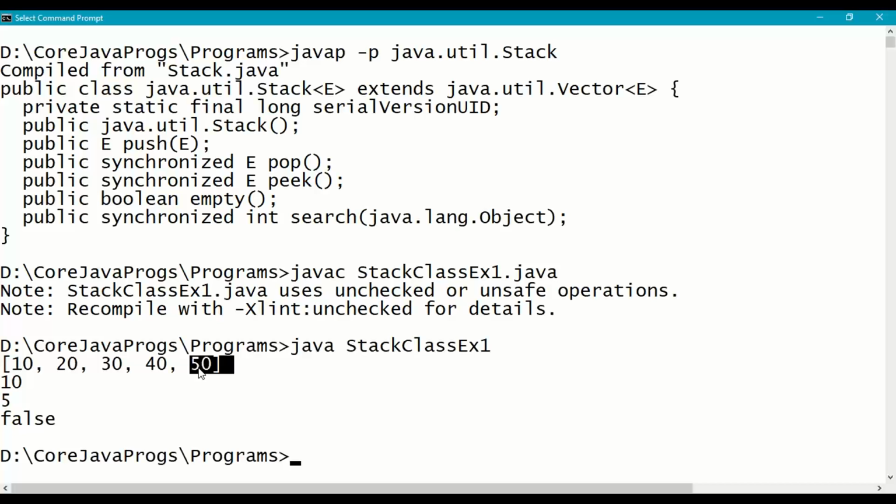Top position is 1, 2, 3, 4, 5. Indexes are from left to right, and positions are from top to bottom: 50, 40, 30, 20, 10 are 1, 2, 3, 4, 5. Initial default capacity is 10, size is 5, isEmpty is false.